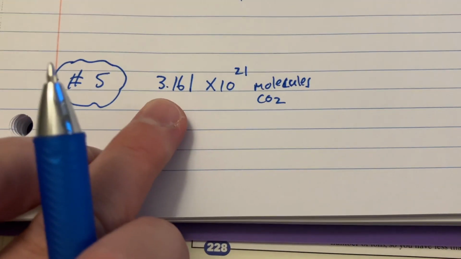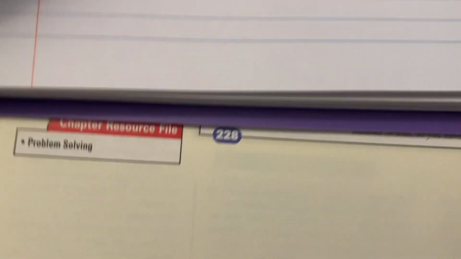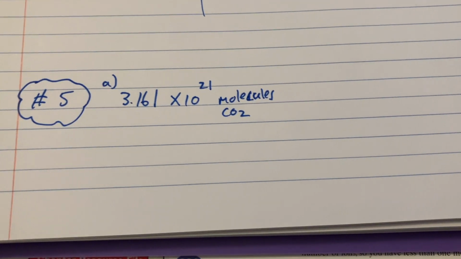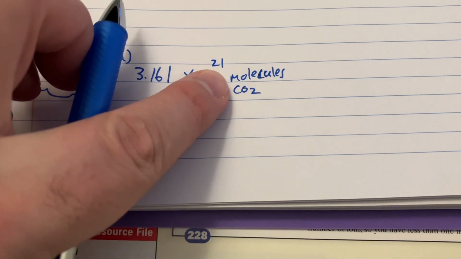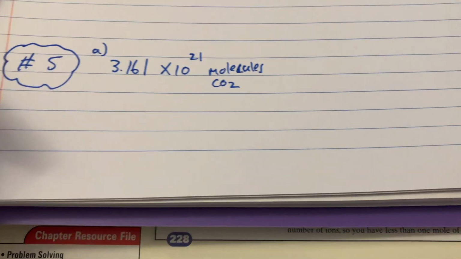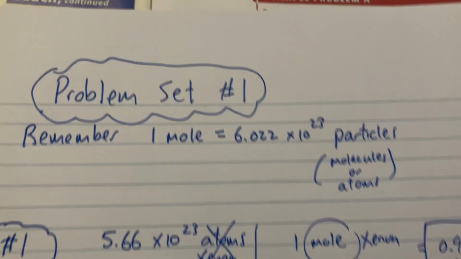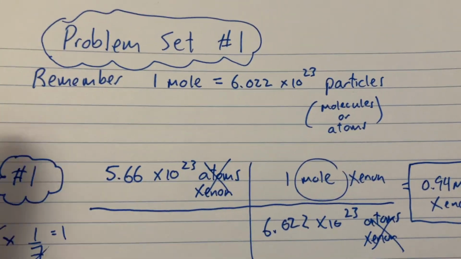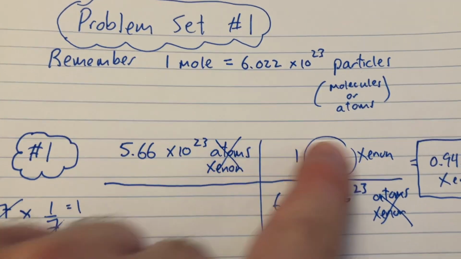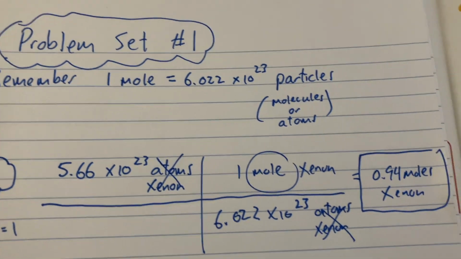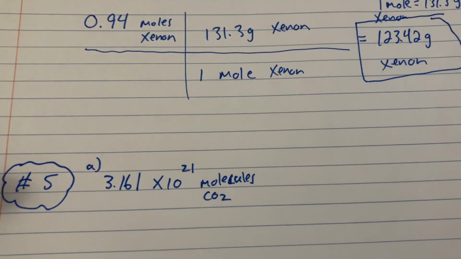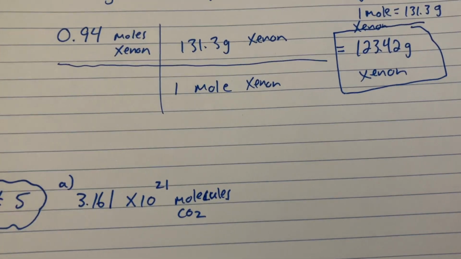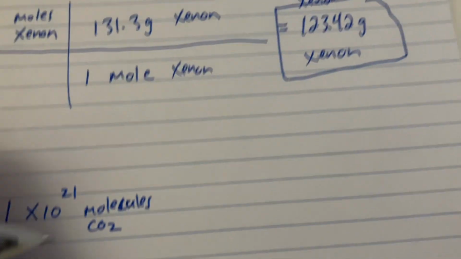So the first thing you should always do is write down, all right, they said in 5A, you have 3.161 times 10 to the 21st molecules of CO2. So you have that much, that's that much stuff. And you're like, whoa, I have that much stuff and I have to use this fact because they want me to get into moles, okay? And on this question, I do something kind of tricky, but first things first, I'm going to take this, I'm going to do my little crisscross,